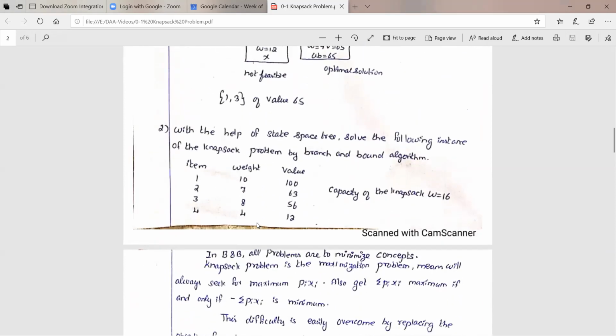Okay. So in the next video, we'll see the branch and bound technique. But to solve the knapsack problem, we are having another 2 methods, that is the least cost branch and bound method for the 0/1 knapsack, and then first in first out branch and bound for the 0/1 knapsack problem. Okay.